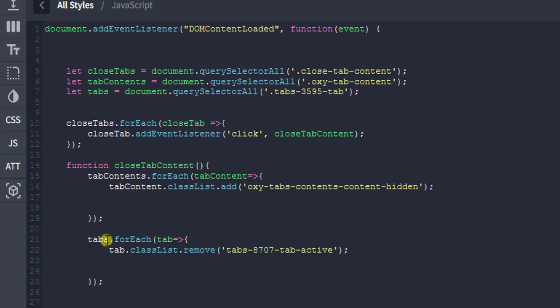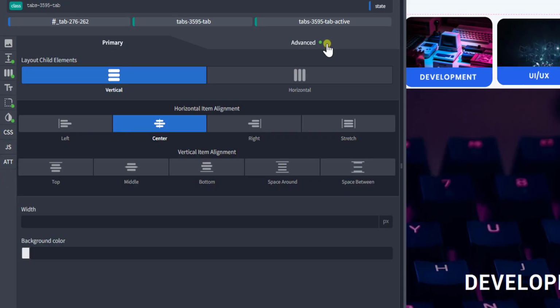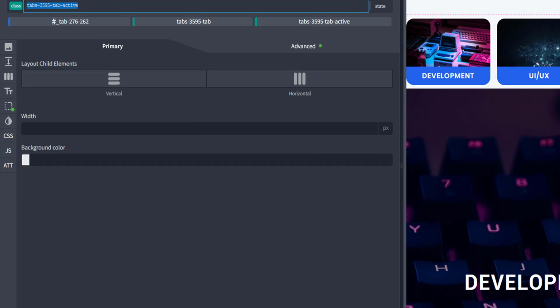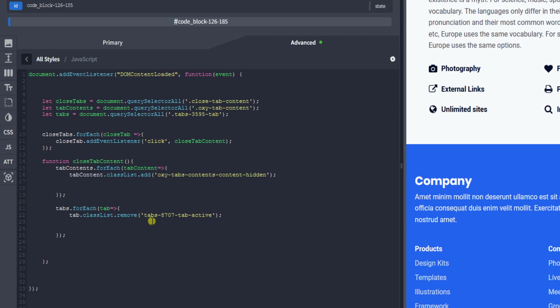Still under the function close tab content, I'm going to add that for each tab: go through each tab and then remove the active class. So let's see what the active class is here. This is the name of the active class, so I'm going to copy that and then go back to the code block and paste that active class there. So I'm going to save it